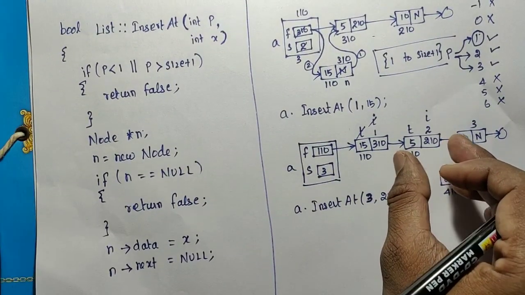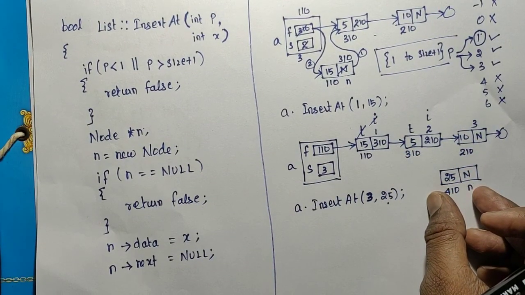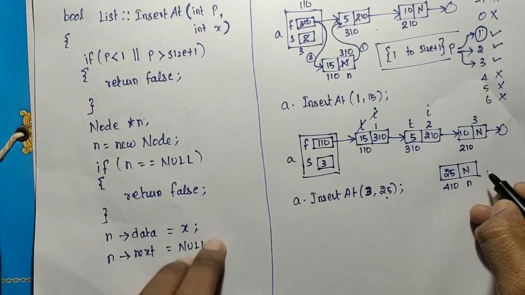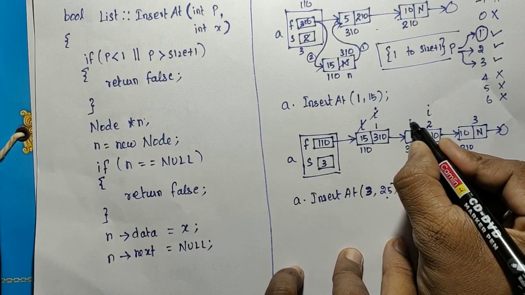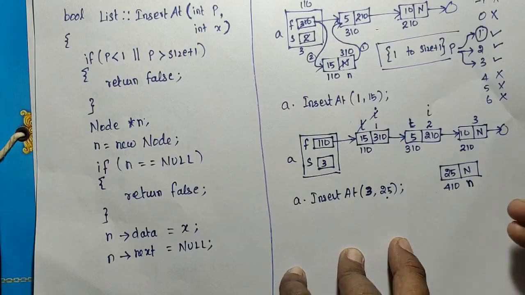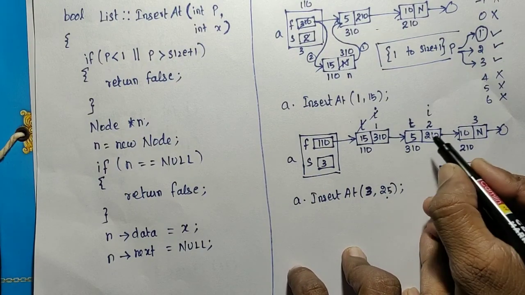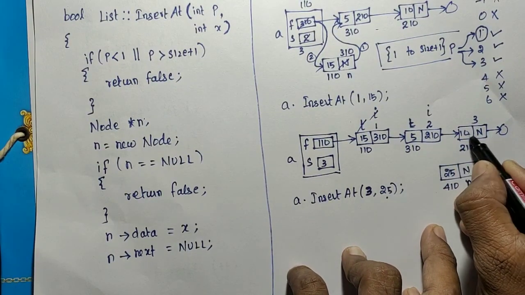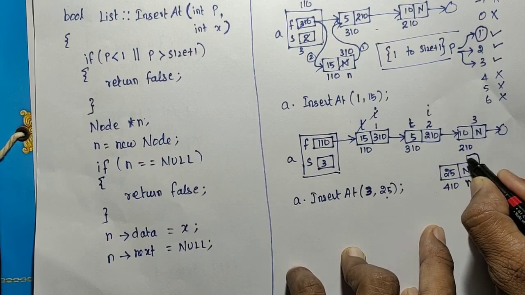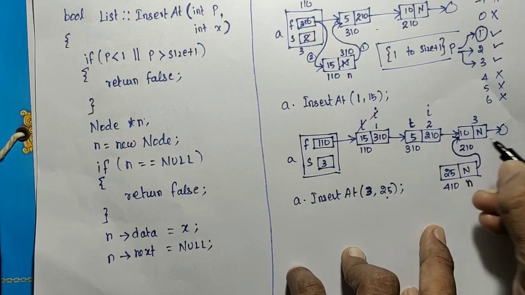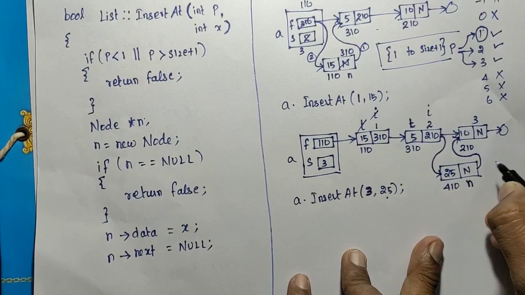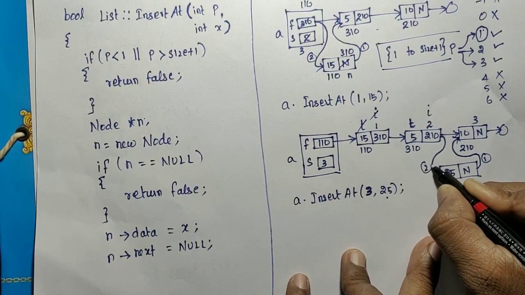After which we are going to add the new node. Now see in the diagram which links have to be created. I know that N have to be inserted between the T and the T of next, that is the next node. So I have to create this link first, and then I need to create this link. So don't change the order.